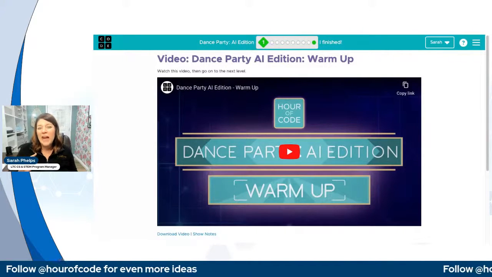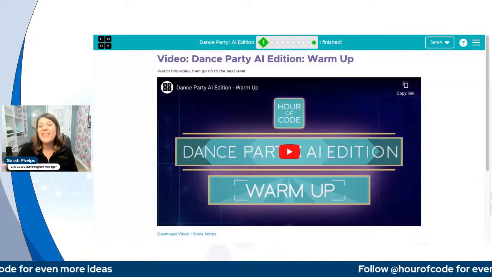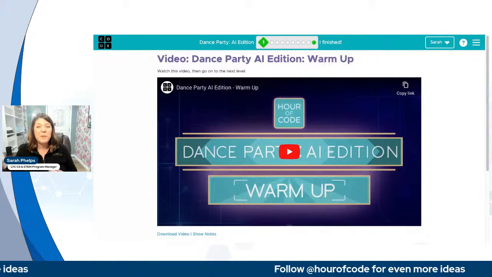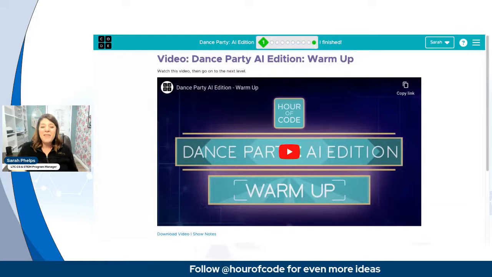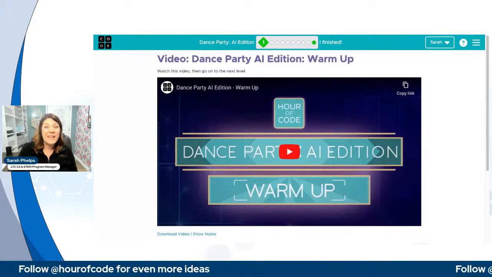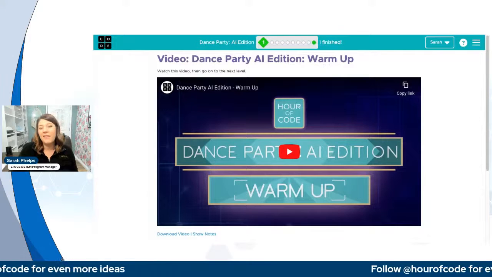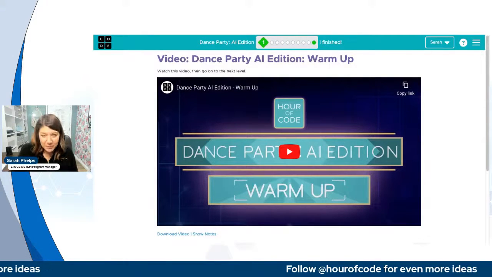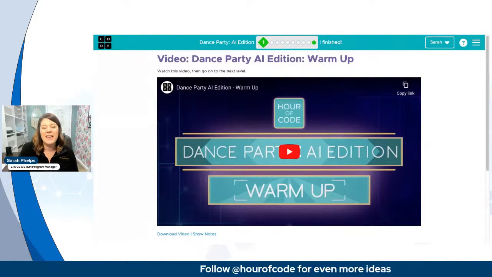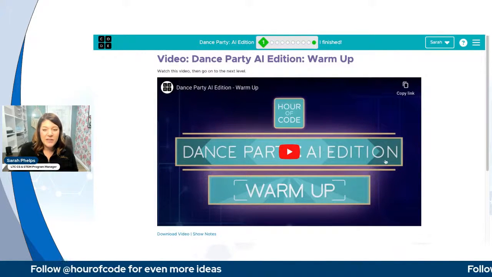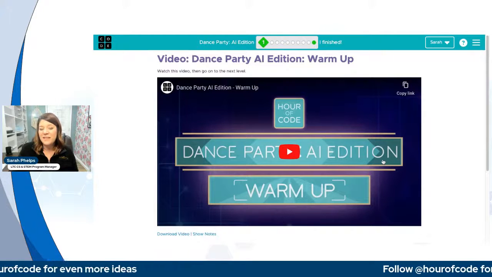When you go to the Hour of Code website, you will see that there's a 2019 version. That would be the original. And then this new updated AI version. And then there's even one that's called Keep Dancing. So when your students are having the best time and they can't stop programming all these amazing dancers, they can keep working on it. But as I mentioned, this Hour of Code is going to have everything students need to be successful.